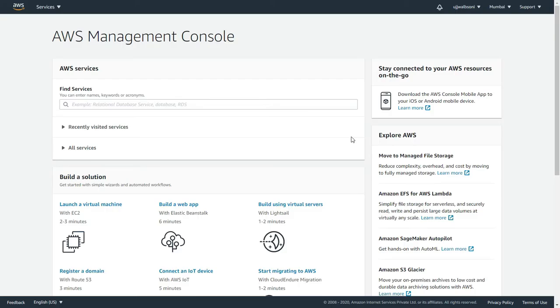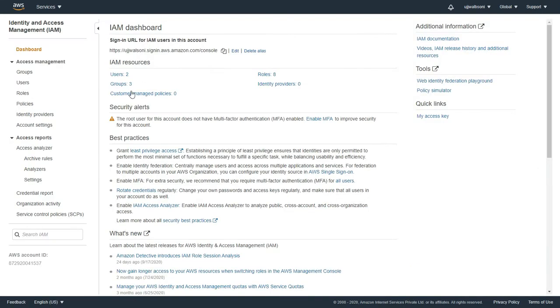I am logged into the AWS Management Console. Now I will navigate to the IAM service. Under the Find Service section, if you type in IAM, you will get IAM. I'm back at the IAM dashboard, where under the IAM resources it shows users, roles, groups, identity providers, customer managed policies.